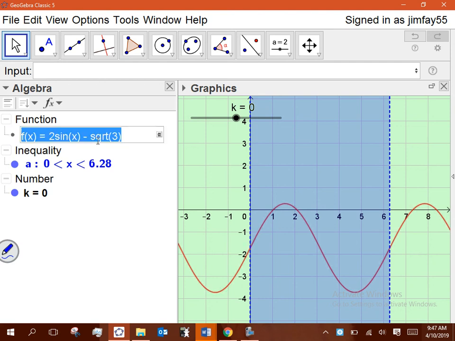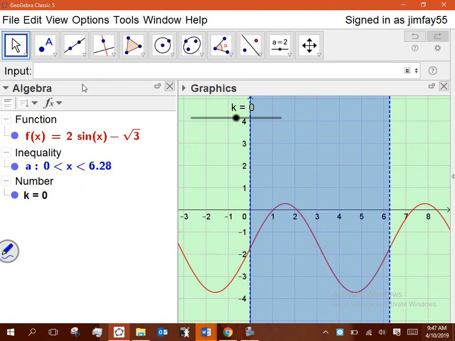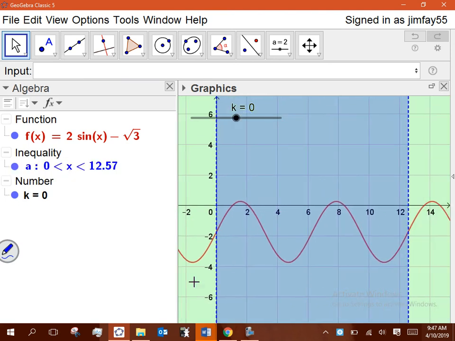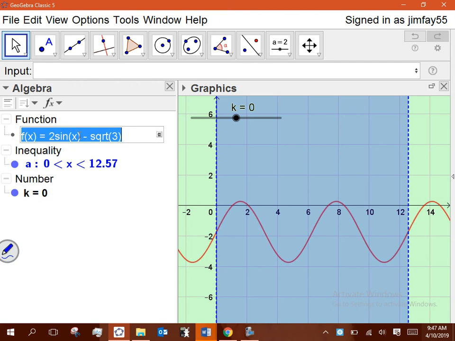Let's compare that to x over 2. If I look at the interval between 0 and 4 pi now, inside there you get 1, 2, 3, 4 solutions, right? But now when I make this the half angle, put this x over 2,